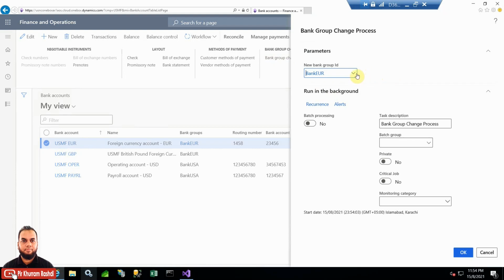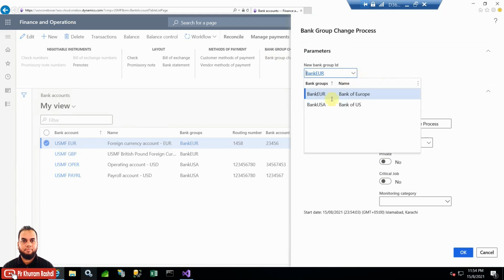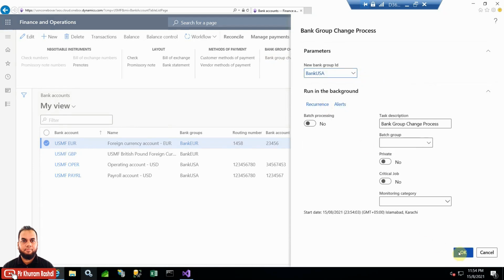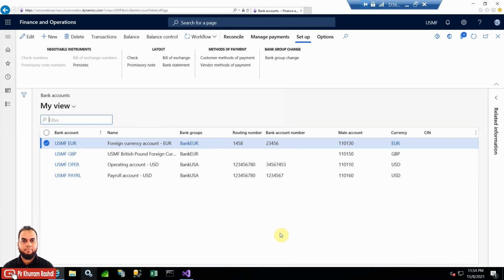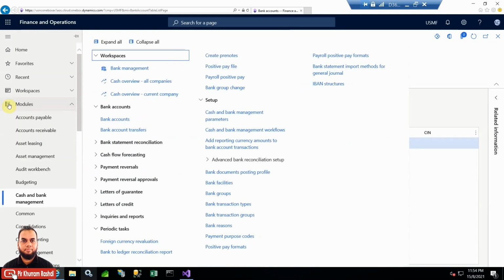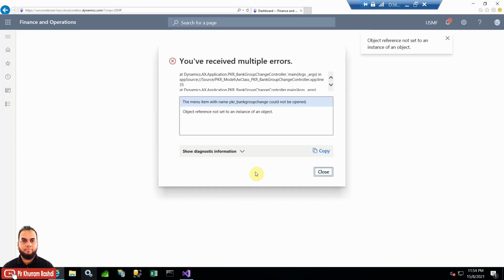We can test it again by changing it to another group, that is bank USA, and press OK, and this record has successfully been updated to bank USA. Now I need to do the same to revert it back using periodic. Go to the periodic and call the bank group change, and this time,